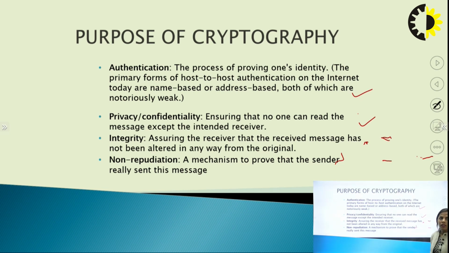Cryptography ensures that integrity is maintained. For example, we are sending information to a particular receiver. Whatever information we are sending should reach the receiver, and no other person can access that data or alter it from its original format. It assures that the receiver receives the message exactly as I sent it, original and not altered in between. So it maintains the integrity.